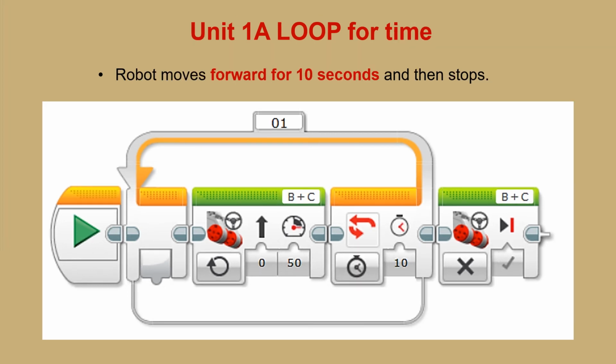Okay, and then again, it's the same loop structure again. This time we say it's got to travel for 10 seconds and then it must stop. Same structure, also with the sensor. In this case, it's time. It's not a sensor that's attached to the robot. It's just time that passes. So put the motors on, wait for 10 seconds, and when 10 seconds have passed, then you put both motors